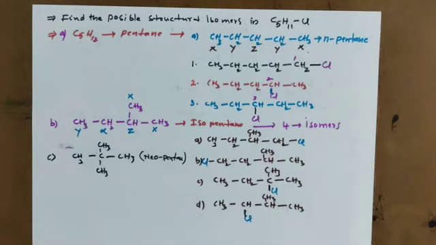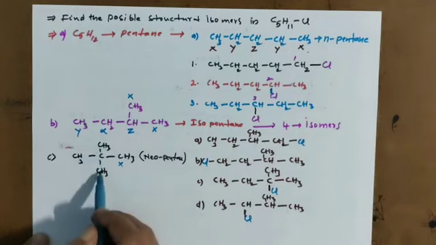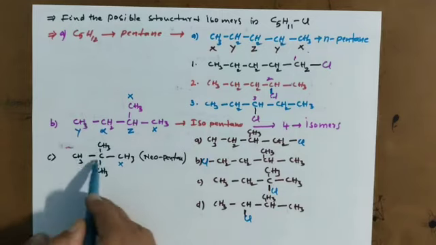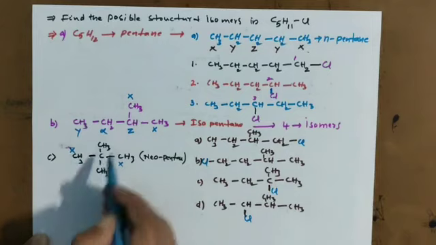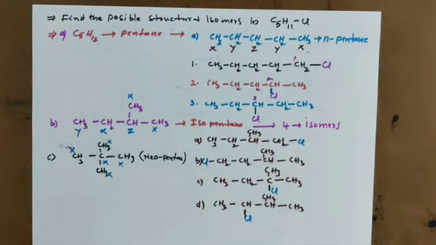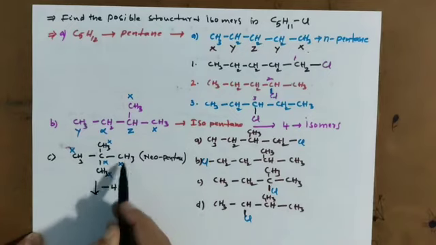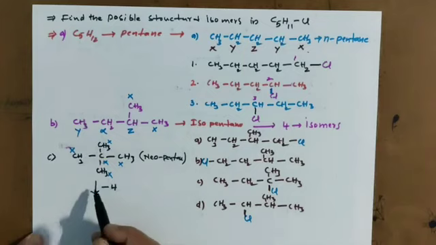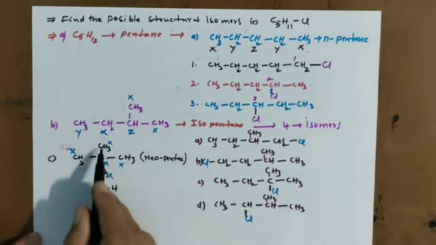Now in neopentane, how many types of carbons are there? We have to address. Look at this carbon X bonded with 2 and 2 methyl groups. And you come to here, this methyl is bonded with 2 methyl. This is the same. And this carbon you take, all sides same. So this is same, this is same, this is same. So in neopentane, all carbon atoms are the same type of carbon atoms. Same type of carbon atoms means if you remove one hydrogen here, here, all are the same. And moreover here, there is no hydrogen to remove. So if you remove here, same type.